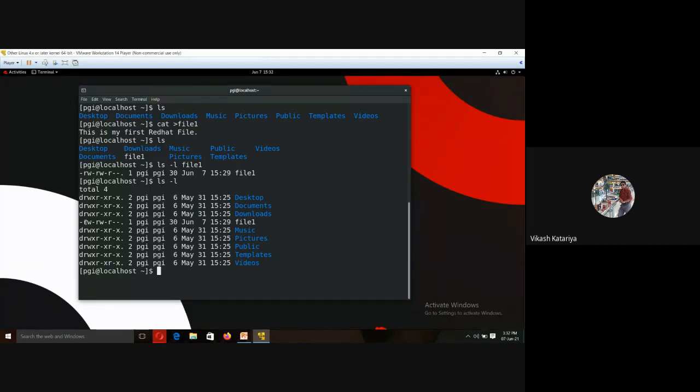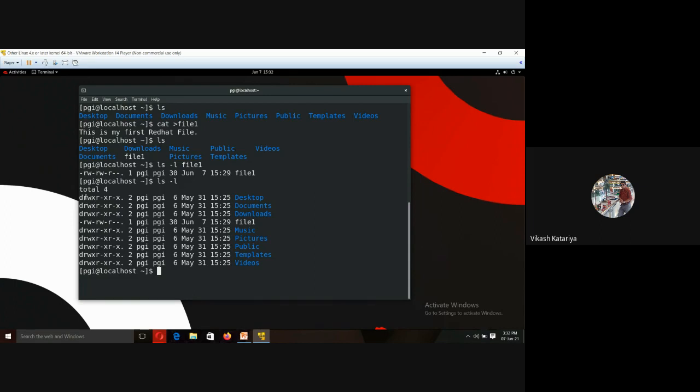Now every file and directory has an access mode. We know that Linux is more secure than a Windows machine. Now how does it provide the security? I will take a glance here. RWX, RWX and RWX. These are the three slots. The first RWX is the permission of the owner.